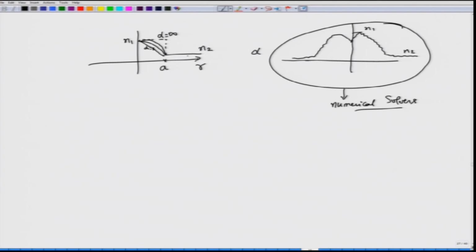So, this is a graded index fiber. In communication, you will also find other types of fiber profiles, at least the ideal fiber profiles that are used. So, you have what is called a trenched fiber, with a number of trenches. So, this is a trench, and the number of trenches may be more than one. So, you will have multiple trenches.